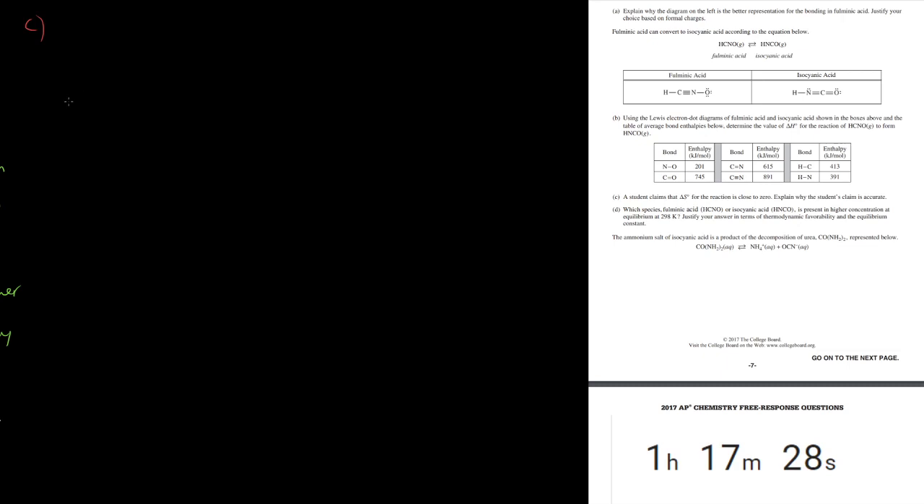Part C. A student claims that the change in entropy for the reaction is close to 0. Explain why the student's claim is accurate. For this, we don't really have any information about the data, the numbers for the entropy, but what we can say is that, going back to the definition of entropy as the amount of possible arrangements, we're only switching 2 atoms here. We're not really changing anything about how many configurations these particles can get into. So if we say that entropy is